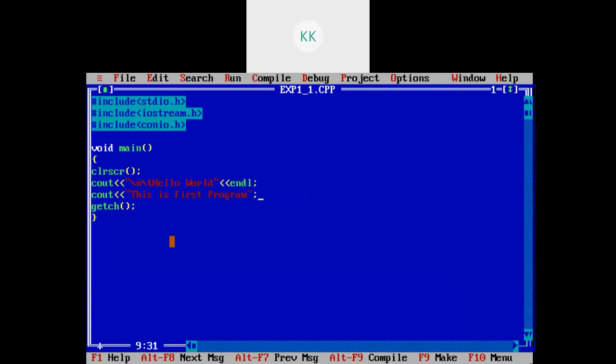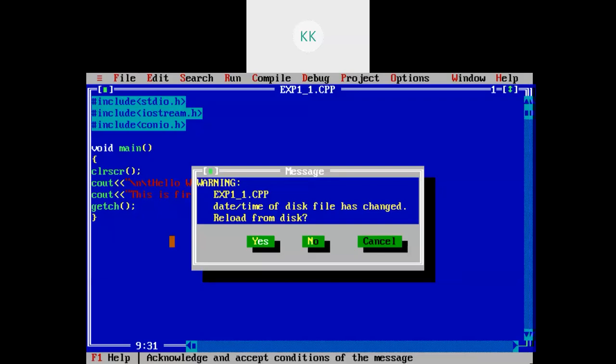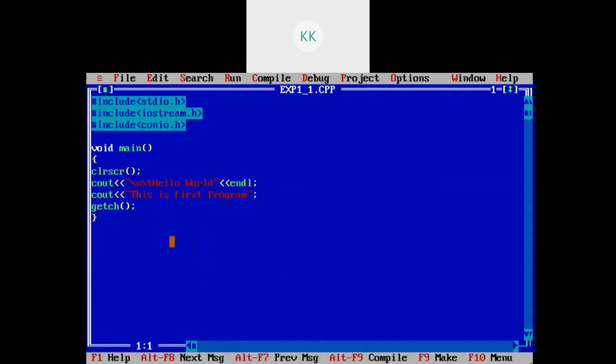I will try to run it. F2, Alt F9, Control F9. So endl will also do the same thing as \n. After printing the statement, it will put the output cursor to the next line. I will understand this one.